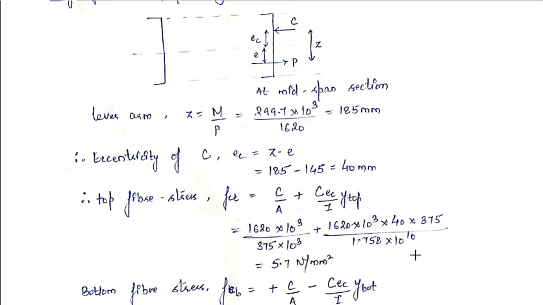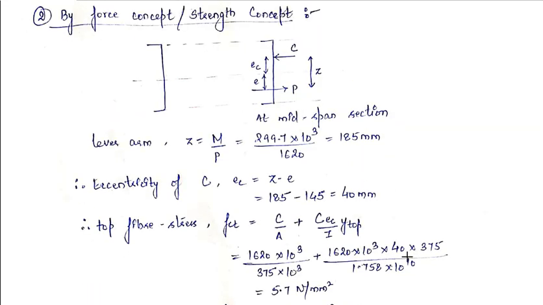Newton per mm square. Now let us do this similar process by using the strength concept or the force concept. Now we know that this is your midsection. So at the midsection, compressive stress will act. Suppose it is acting at a distance of eC, and the pre-stressing force will act at some distance. We know that the pre-stressing force will act along the tendons. Therefore, the eccentricity of the pre-stressing force will be equal to the eccentricity of the tendons, that is small e, and we know the value of e, which is 145 mm given in the question.